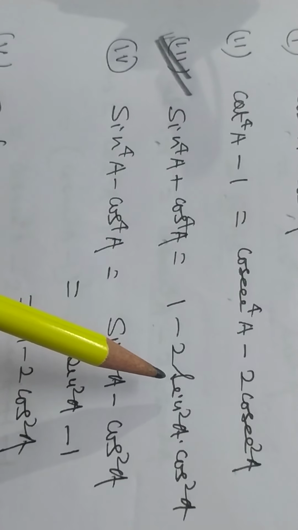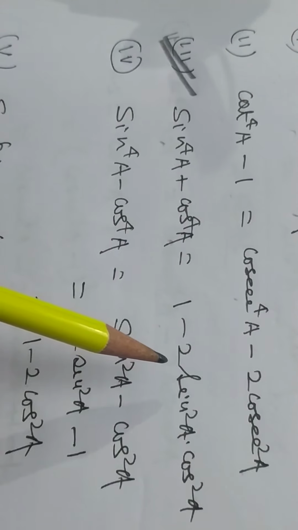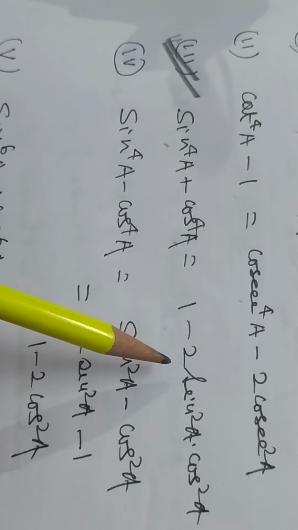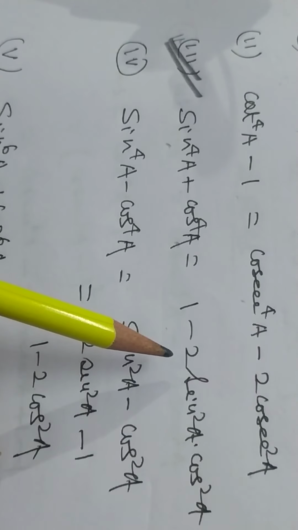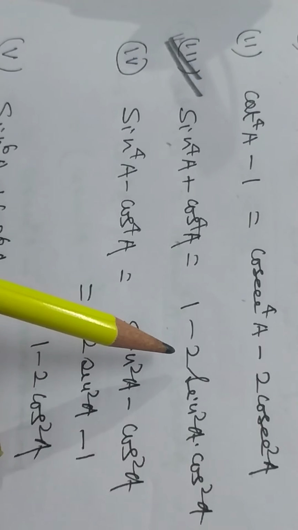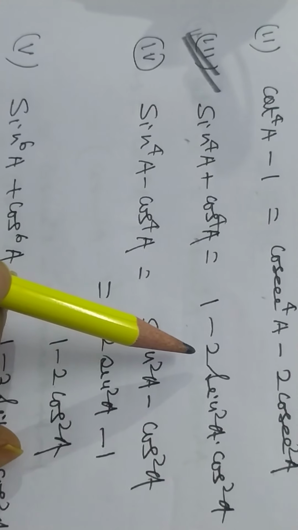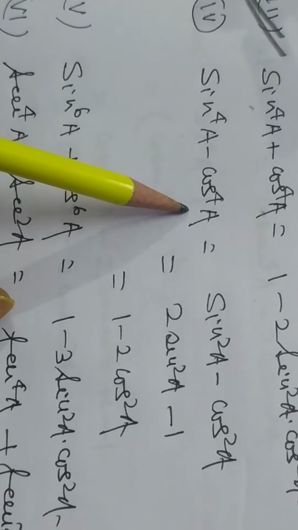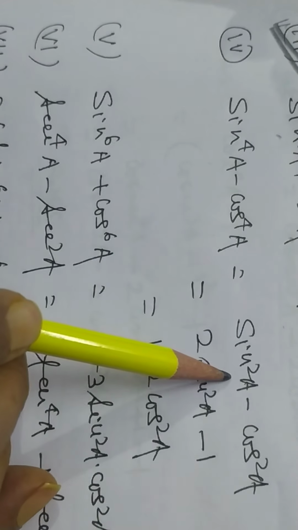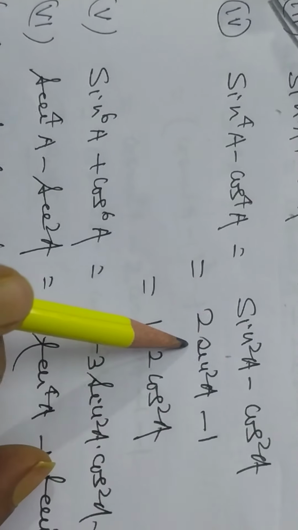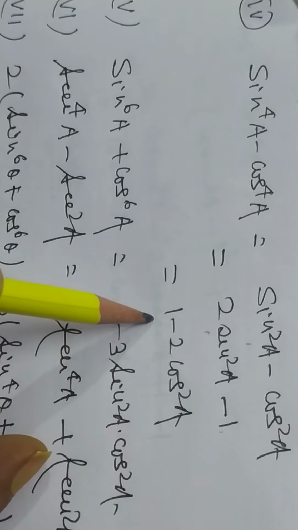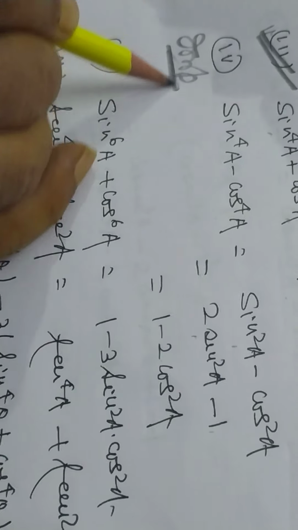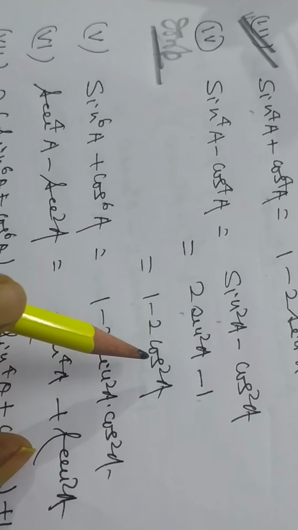This is very important for the purpose of examination, and it will be helpful in solving problems on identities involving higher degrees. So you must remember it and must know its derivation. Now number 4 is sin to the power 4a minus cos to the power 4a. This will be sin square a minus cos square a, 2 sin square a minus 1, 1 minus 2 cos square a. This problem is very important for the purpose of conversion, my dear student. So you must keep it in your mind.